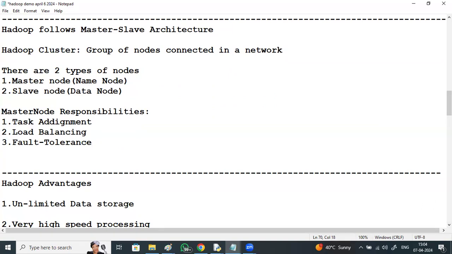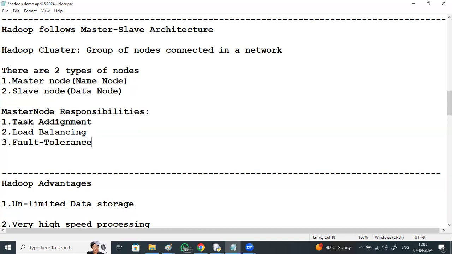Fault tolerance means when three tasks are executed by the three systems S1, S2, S3, suddenly if any one system, S2, goes down, then data is lost and the task fails. In such a case, a master node has the capability to assign the same task to any of the other available slaves. That is the process we call fault tolerance. When multiple tasks are executed by multiple slaves, if any system goes down, its task will be assigned to another slave.